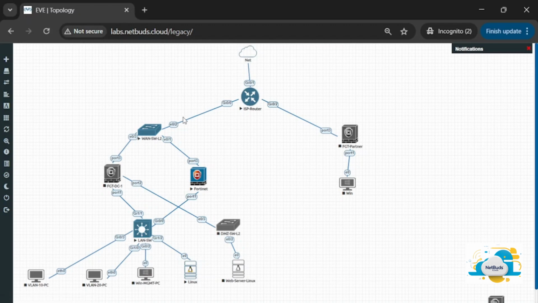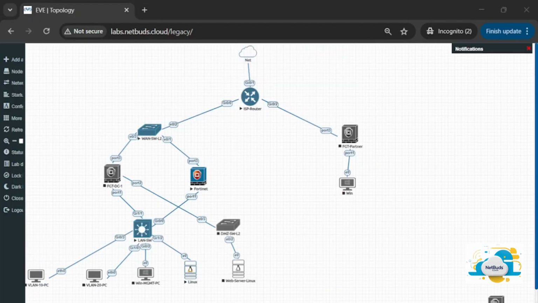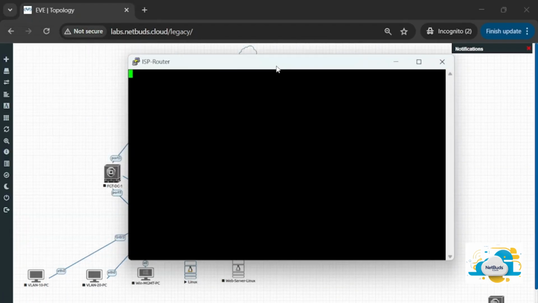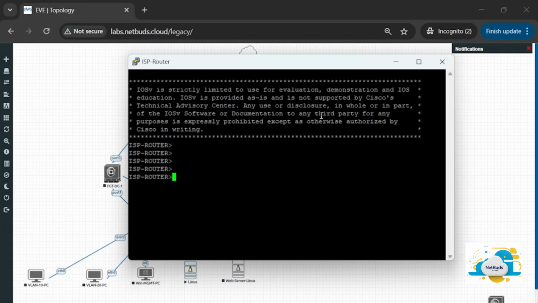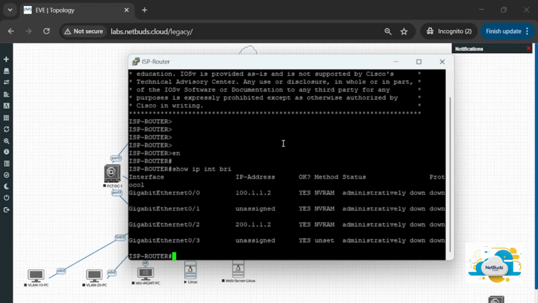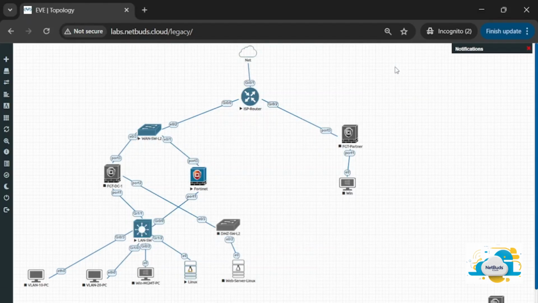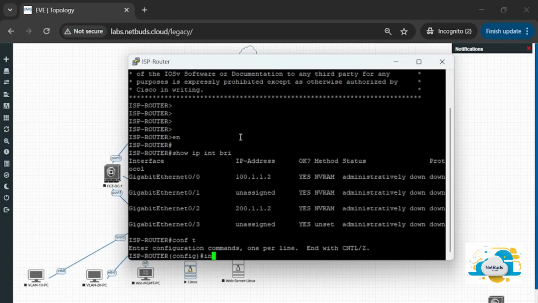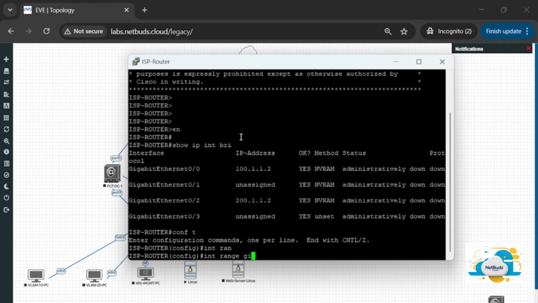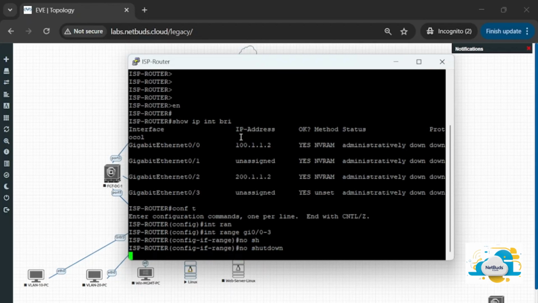ISP router, let me show you this one. So you can make sure about exactly what is configured here, and this is my device. Just a minute. Show IP interface. So you can see, okay, currently all the ports are down, but let me enable them. This is the interface I'm going to enter. You can see this is Gi 0/0. So this is the interface. Let me unshut the interfaces here as well. Let me enable all the interfaces for now,